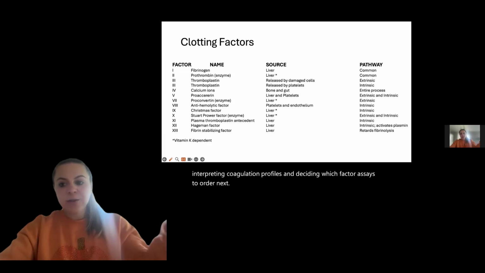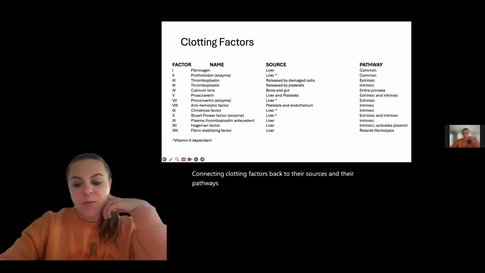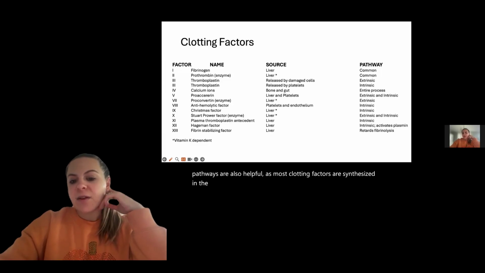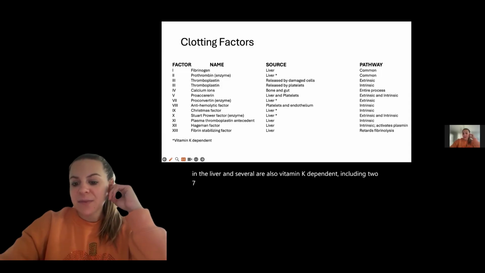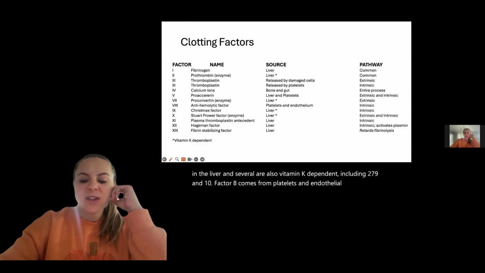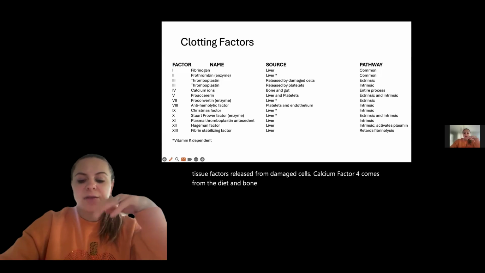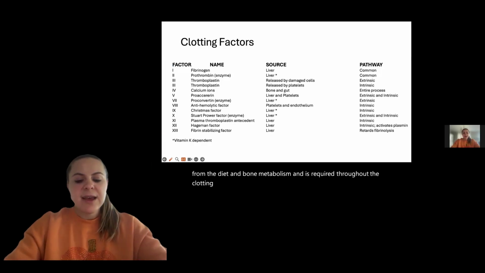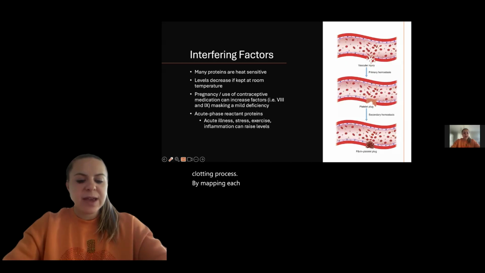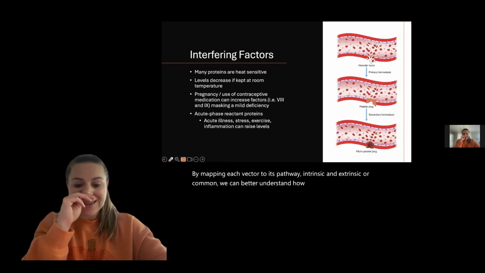Connecting clotting factors back to their sources and their pathways is also helpful, as most clotting factors are synthesized in the liver, and several are also vitamin K dependent, including 2, 7, 9, and 10. Factor 8 comes from platelets and endothelial cells, while tissue factor is released from damaged cells. Calcium, factor 4, comes from the diet and bone metabolism and is required throughout the clotting process. By mapping each factor to its pathway, intrinsic, extrinsic, or common, we can better understand how specific deficiencies translate